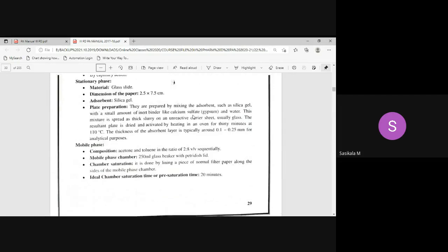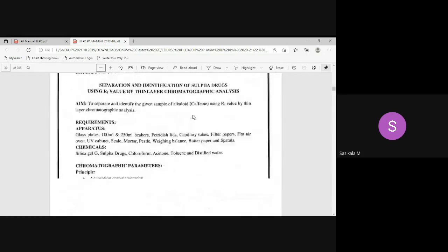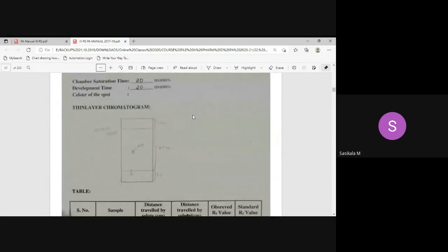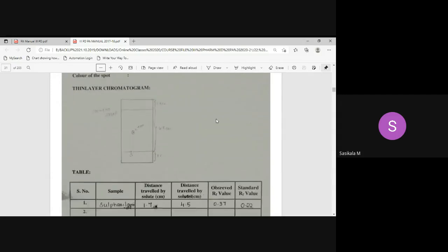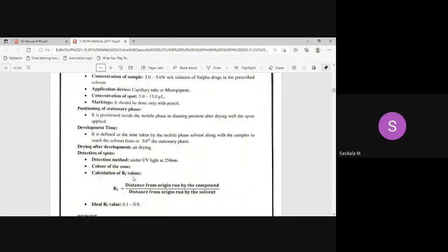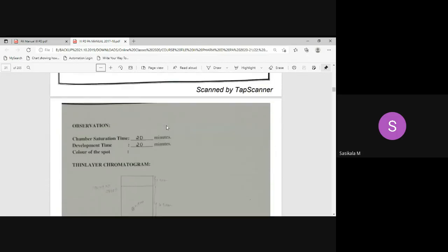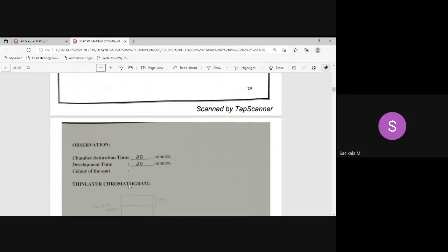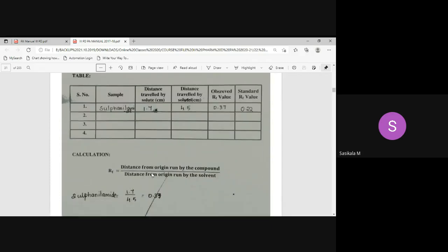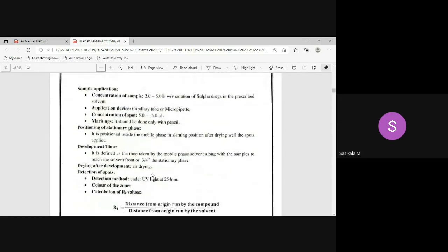Color change has been asked, no? In the same place you need to write the color change, color of the spot. Here you have to write what color spot you have obtained. Okay, and here also the color of the zone, you write the same. Just refer and write the same. Okay, since we all have referred for the procedure and calculation, all this information you have got. Only you need to refer the color of the spot at 254 nanometer under UV detection and write it. And discussion you need to write. The calculation already you have observed, the same way you need to do the calculation. Distance traveled by the solute and distance traveled by the solvent.